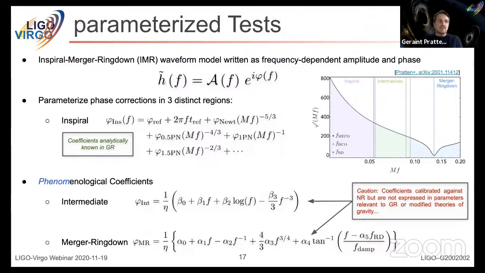So some caution has to be taken when we try to assign some sort of physical interpretation or meaning to these coefficients. So for the intermediate regime, this is just a simple phenomenological ansatz calibrated against numerical relativity, whereas for the merger ringdown, we can again appeal to black hole perturbation theory to help set the structure of this equation, as well as some phenomenological coefficients. So if you go to the next slide,